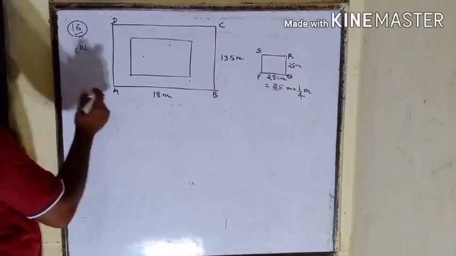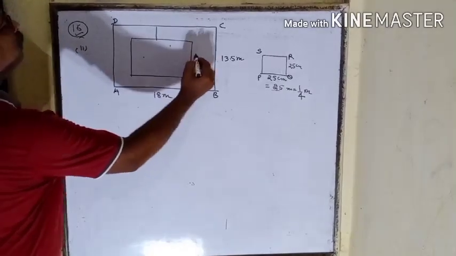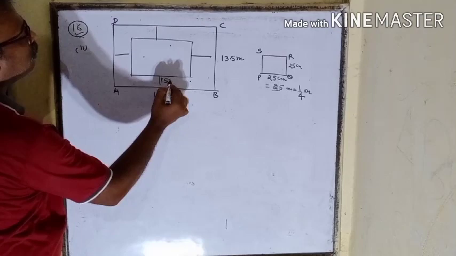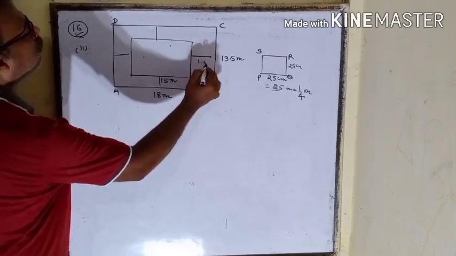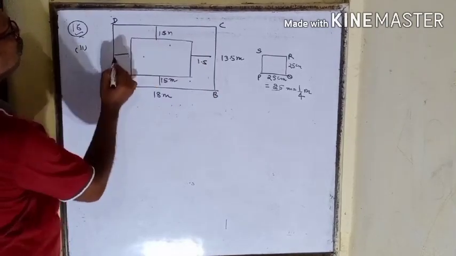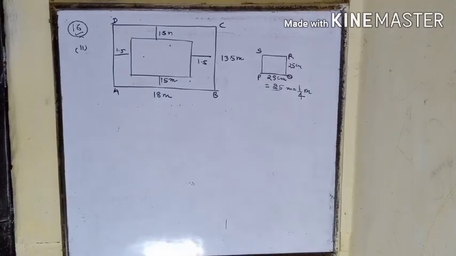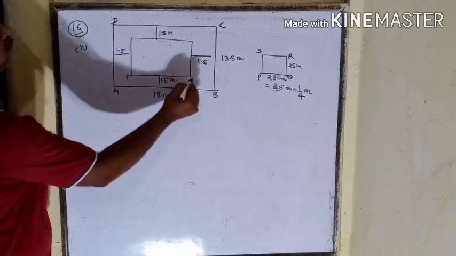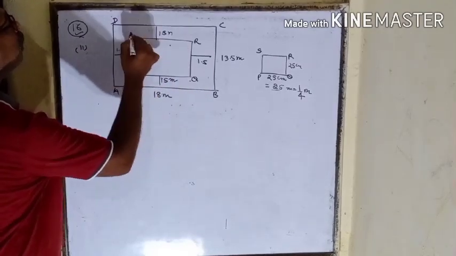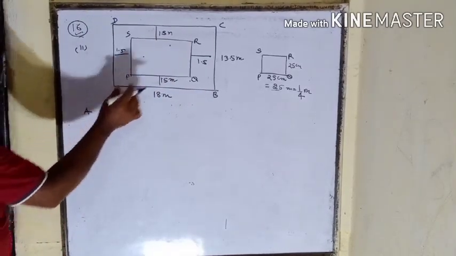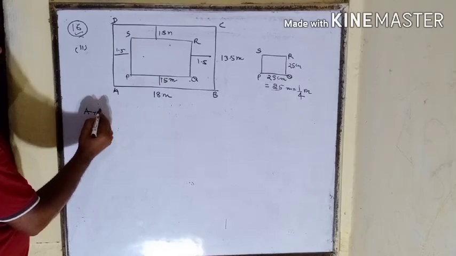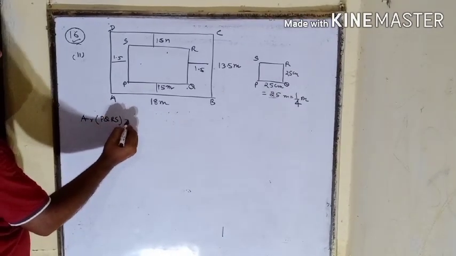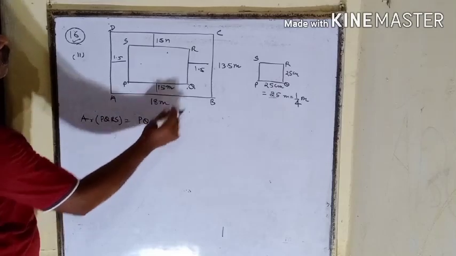The second part of the question says that now we have to put a margin on every side. Margin of 1.5 meter on every side. Now you have to find out the number of tiles. So as usual, like question number 15, we'll find out the area of PQRS. Since we have to put tile here, the area of PQRS will be the length of PQ into the length of QR.